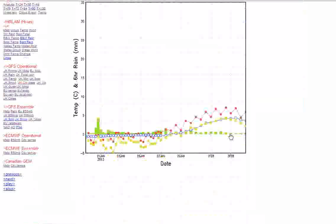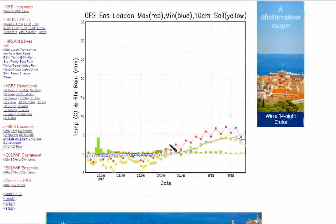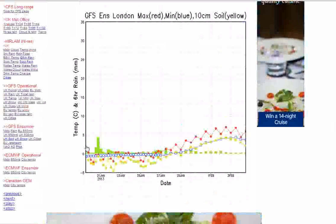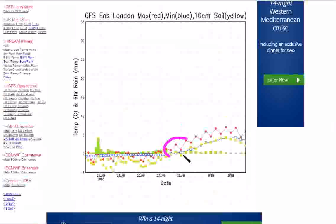This is the GFS ensemble for London, and again, this has been pretty consistent. It's shown this rise of temperature coming through in here, and you see there the rise in temperatures getting quite warm after the start of the week after next, but that really is disputed. I mean, the GFS ensemble tends to do this from about day 10 onwards